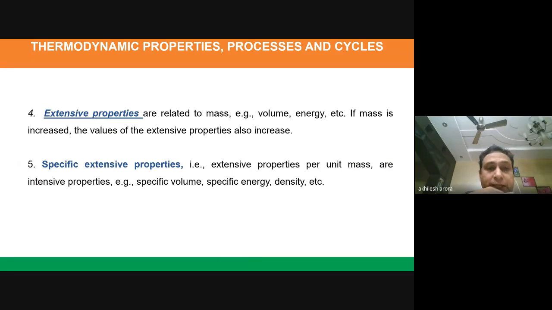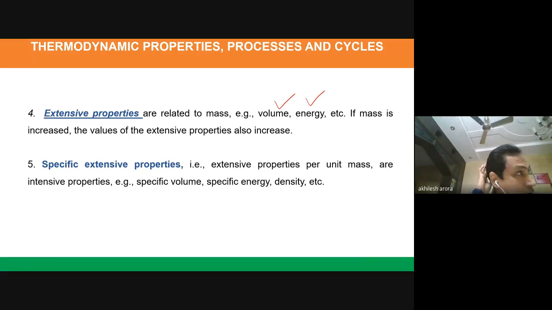Then let us talk about the extensive properties. Extensive properties are those properties which are dependent on the mass first of all. So for example, if I take volume, if I take energy, they are dependent upon the mass actually. The more the mass of the system, the more will be the energy. In the last example, as you have seen, if this is once again the same room and this is containing air,